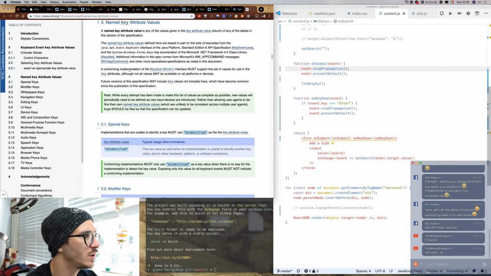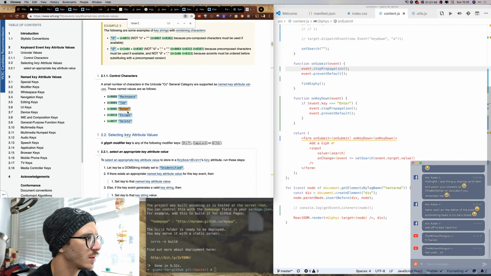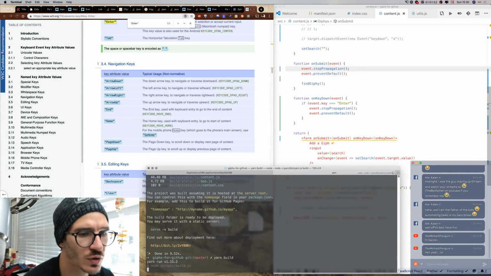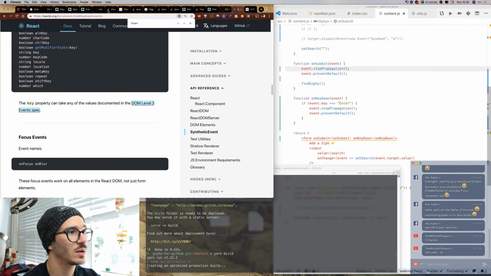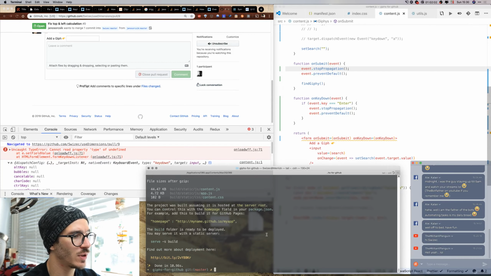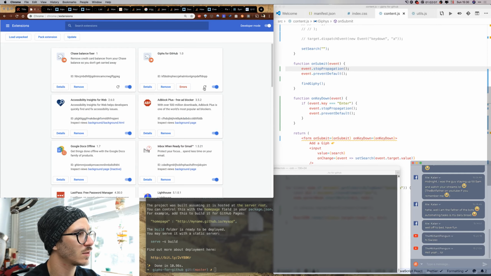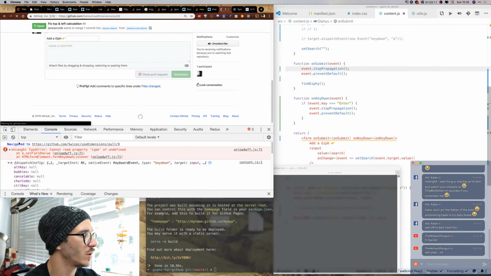DOM level 3. Enter. Wonderful. So it can say enter. Perfect. We yarn build. So now we are specifically detecting the enter key press and stopping it, and hopefully that will make the extension work. So go here, reload this page, Giphs for GitHub, and reload,